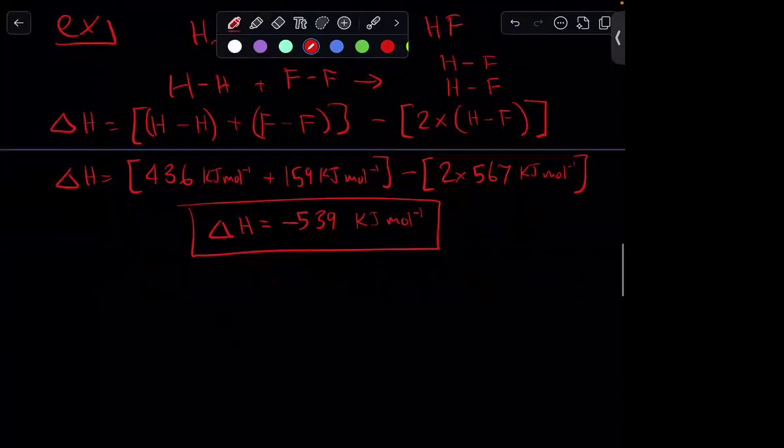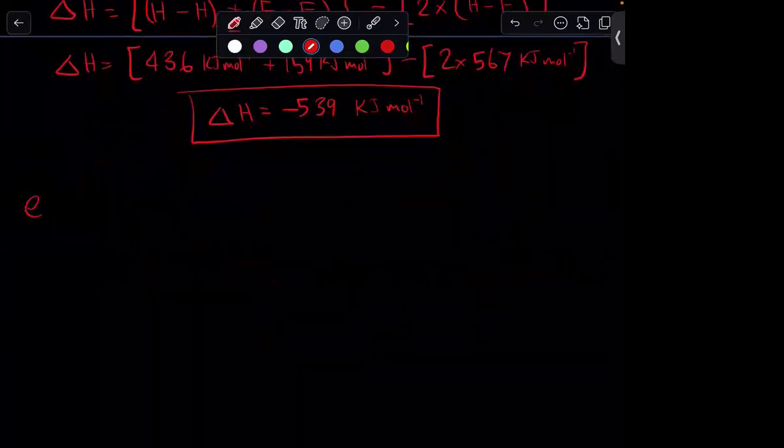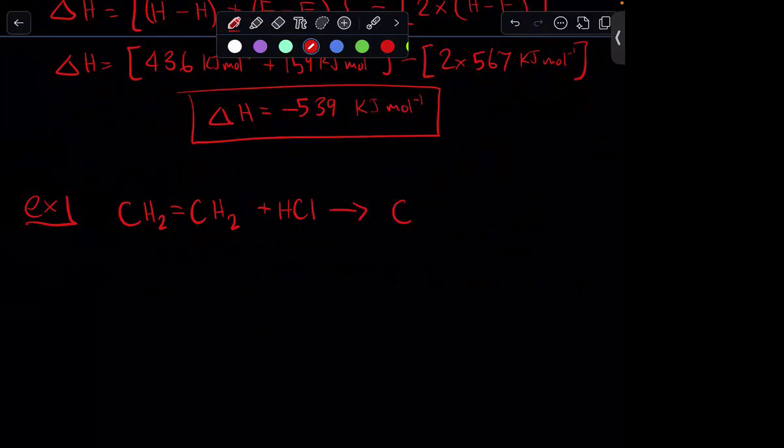We're going to do one more example before we end it here. You should try this one out on your own, but it might be a little difficult as I'm writing it in more of an organic chemistry format. So I have ethene plus hydrochloric acid reacts to form chloroethane, CH3CH2Cl. The reason I have this one is it shows us a little trick we can often do when calculating